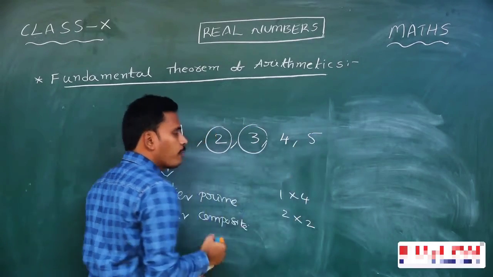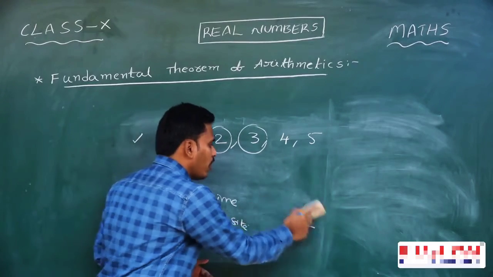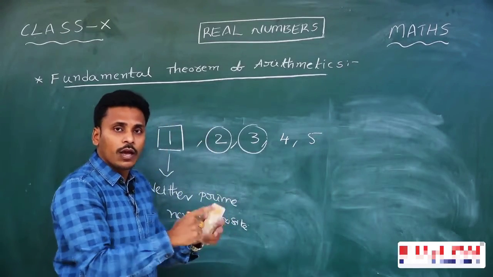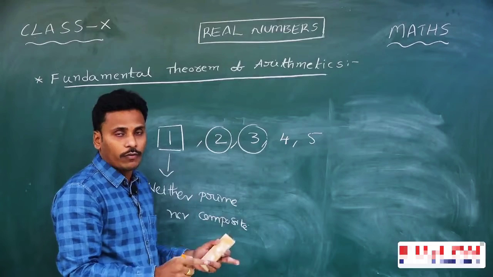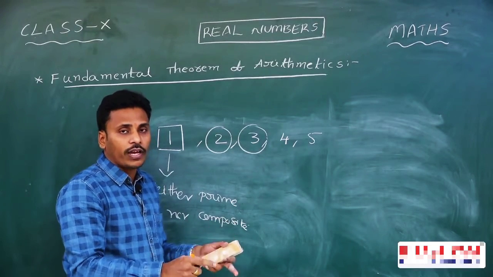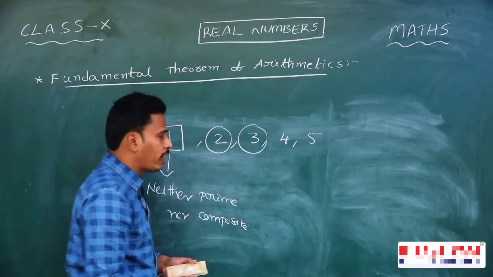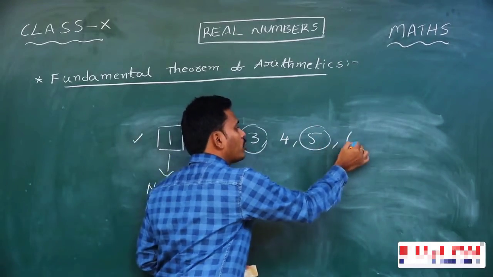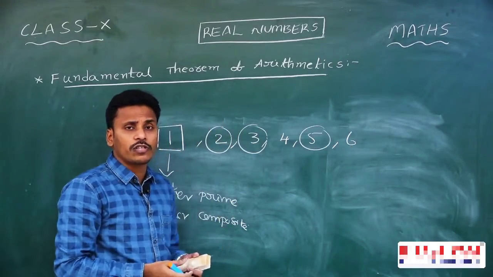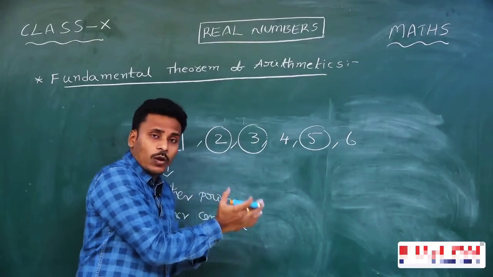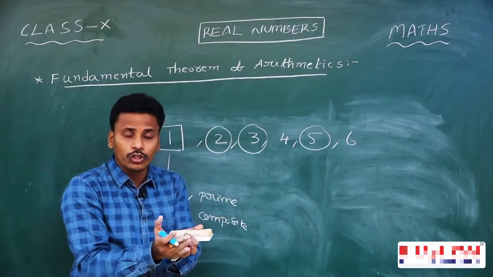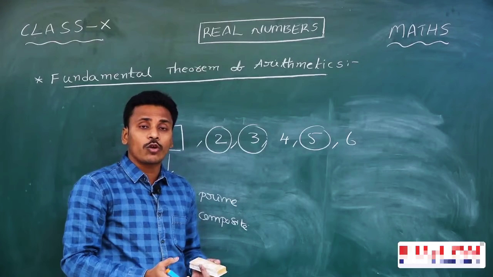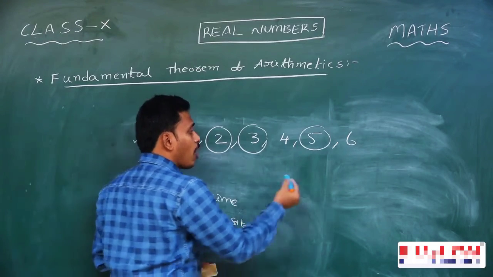Think about 5. It has only one representation, writing it as a product of two numbers, 1 and 5, 1 into 5. It has only two factors, 1 and 5. No other number is a factor of 5. That's why 5 is a prime number. And then think about 6. 6 can be written as 1 into 6 as well as 2 into 3. In the sense, 6 has more than two factors and that 6 is a composite number.